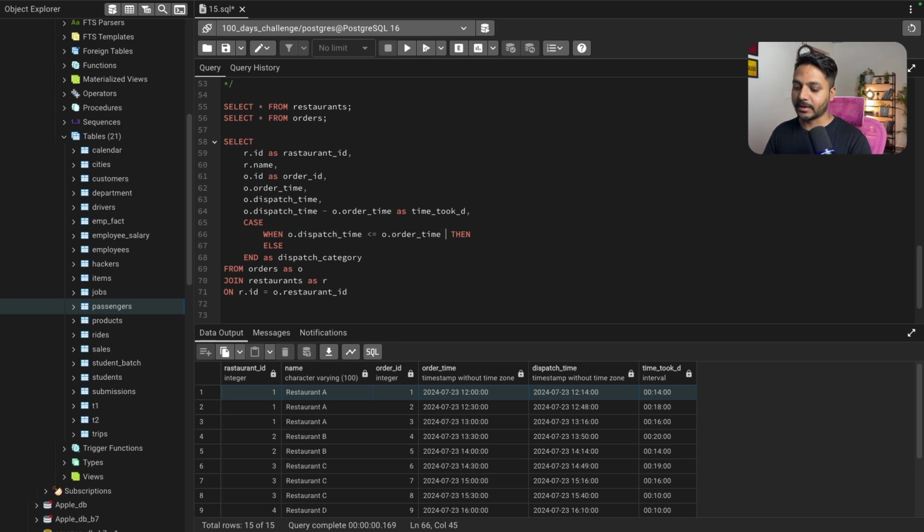So I will add a 15-minute buffer here. I'm going to say plus, I will say interval. I will put the interval in quotes. So I would say interval 15